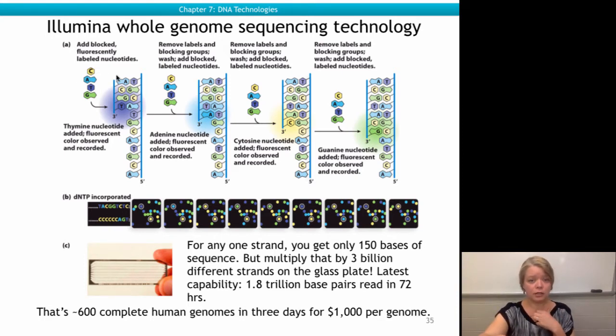Just like in Sanger sequencing, you put in fluorescent nucleotides, some go green, purple, blue, or yellow. If the nucleotide has incorporated itself into the growing DNA, it will be allowed to fluoresce. It will fluoresce purple, and you will be able to see on your glass cover slip that there's a purple fluorescence occurring in this particular location. So a T, in this cycle of the reaction, a T has been incorporated. Next,